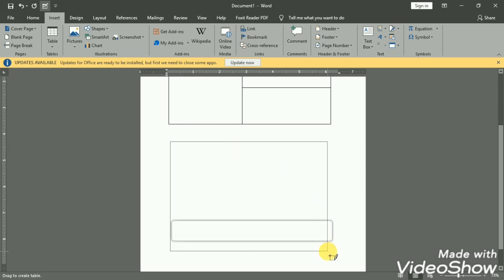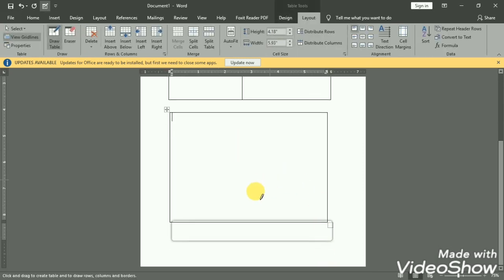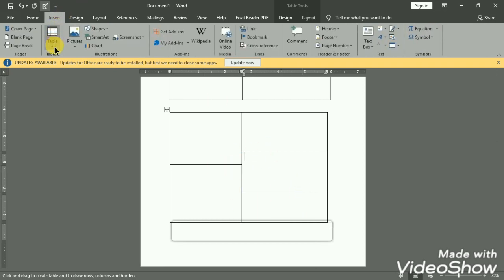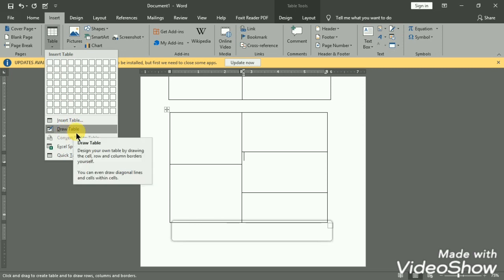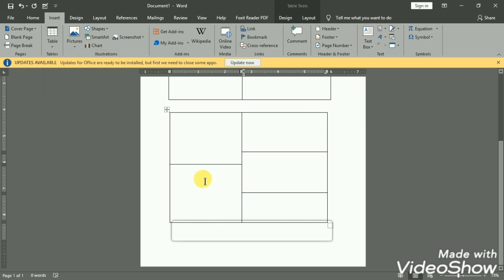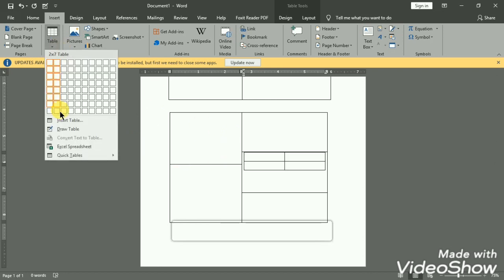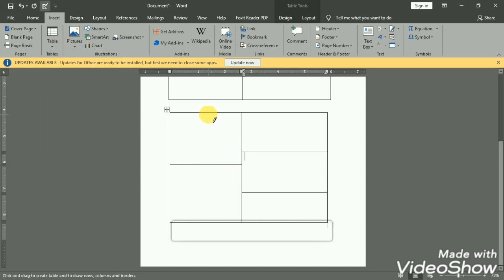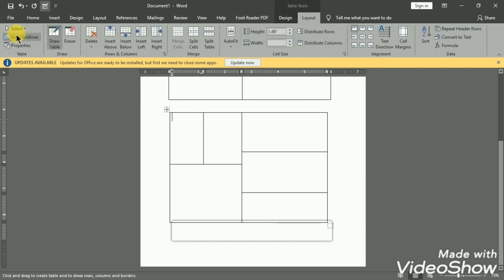So now I have drawn a table, and my cursor pointer will not change until I again select the draw table. If I have selected draw table, my cursor pointer will change into a pencil, and again I have to select the draw table, then only my cursor will change such that I can write my data.